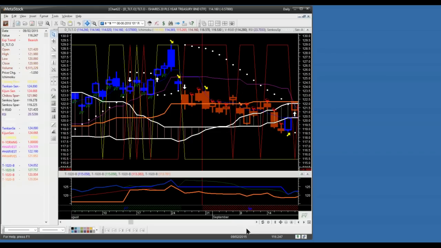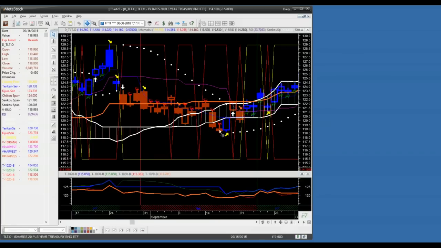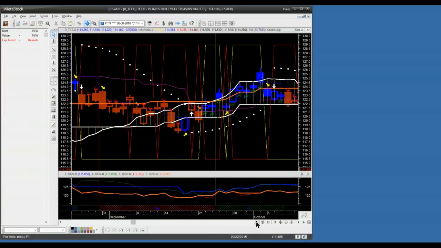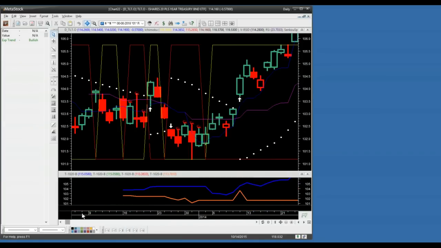Had you just let those crash alerts work, you'd have been filled up in here, and you would have been able to capture all this movement all the way down here to the 118 level. Almost 130 to 118 on an equity. That's a monster move. All right, this is just the TLT, the bonds. I'm just going back random. Doesn't matter what dates we go to. All right, here it didn't